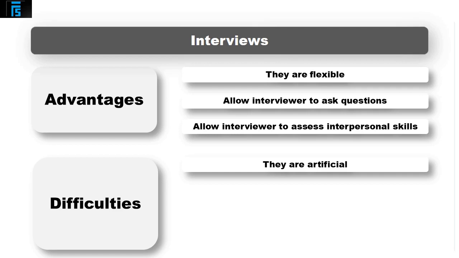So again, imagine that you were running a college and you were going to recruit some new lecturers. Well, you could sit down with a lecturer in an office and chat to them for an hour. At the end of it, would you know if they're a good lecturer or not? Well, the short answer is probably no. What would be a better way of finding out if a candidate would potentially be a good lecturer? Get them to do a practice lecture. Get them to do a presentation like this one. So, interviews sometimes don't really work. They're certainly not particularly good if you've got a practical kind of job.